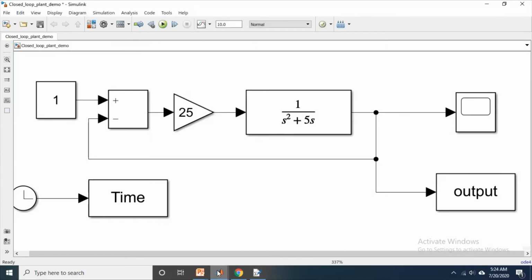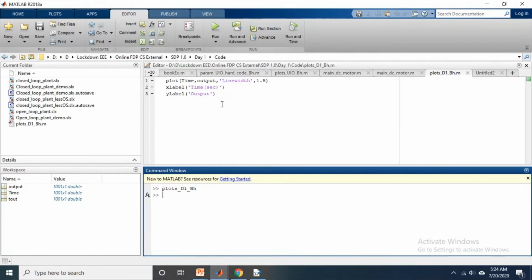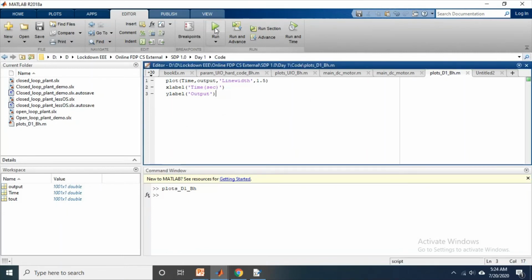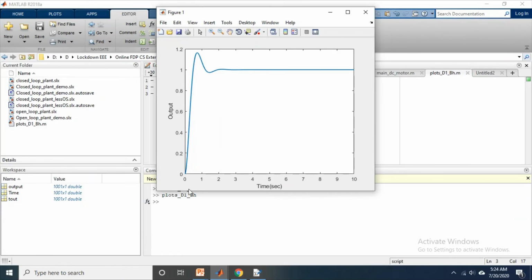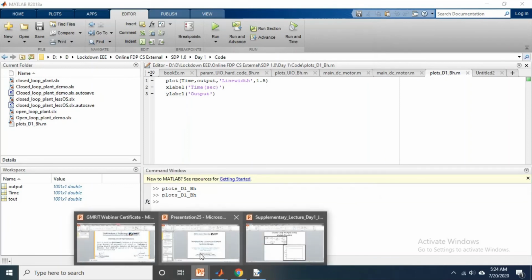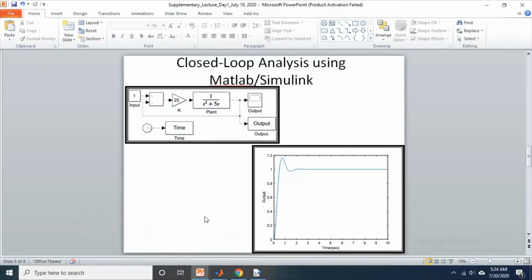Now I will run the same code because all the variables are now in the workspace. If I run this one, you can see that I got this. Earlier in the open loop it was increasing, now in the closed loop you can see this is the one. However, our problem is how to reduce this peak overshoot from 16 to a bit less than 10 or so. For that, what we learned in the actual class is that if we change this gain value below 17 or so, then there will be a reduction in this peak overshoot.